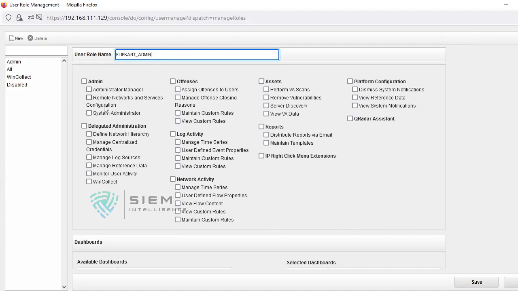See, I don't want to give all these things, but I want to give the defined network hierarchy. Why? Because that network hierarchy may be modified over the period of time. He can add multiple network hierarchies to his organization. He can manage centralized credentials. He can manage his log sources, his reference data, and monitor his user activity.